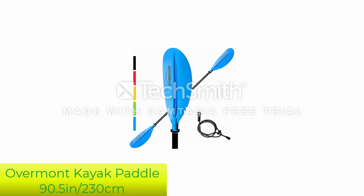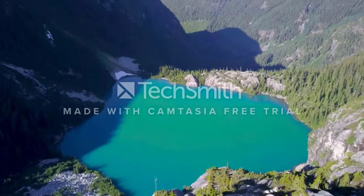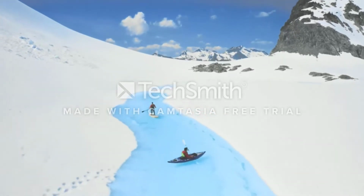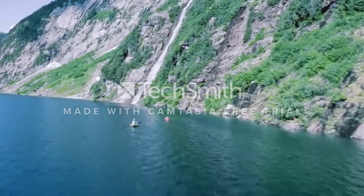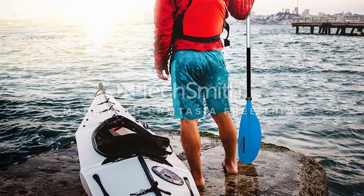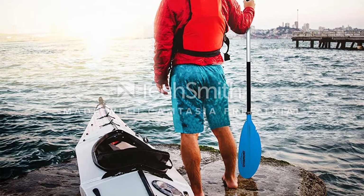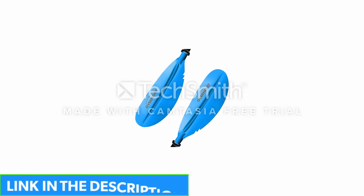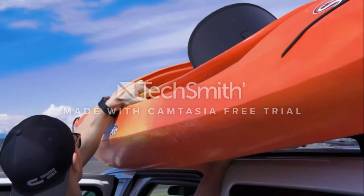Number 1, Overmont Kayak Paddle, 90.5 inches, 230 centimeters, heavy duty. One of the best kayak paddles for the money and under 100 is the Overmont aluminum kayak paddle. For starters, the coolest thing about them is the fiberglass reinforced blades at both ends. To top that, they're attached to feather-shaped blades, complete with double serrated edge designs that cut efficiently through the water. What's more, the hollow aluminum shaft tube build allows you to zip through the water sans a lot of drag